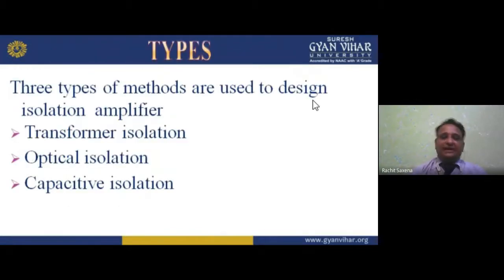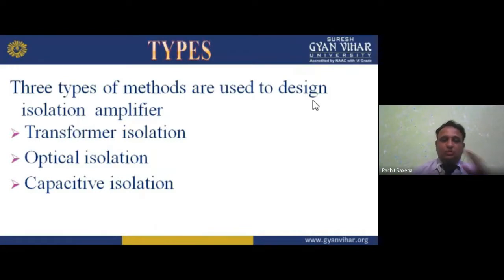Now types. This is the basic thing. What is an isolation transformer? What are the types we have? Where do we use it? So first, what is isolation? Isolation means it gives electrical isolation. The main thing we have to keep in mind is that if I am using isolation, I have to isolate from one to the other. If I am making the isolation between 1 and 2, I need this type. And obviously it is an amplifier, so it amplifies the signal.